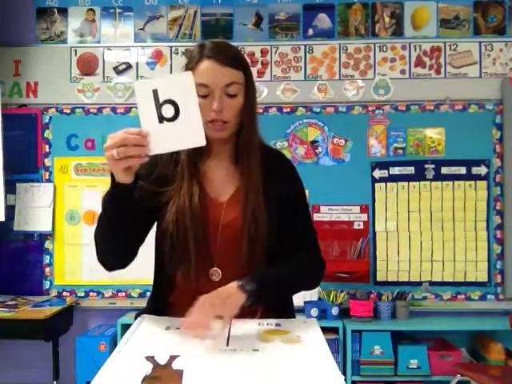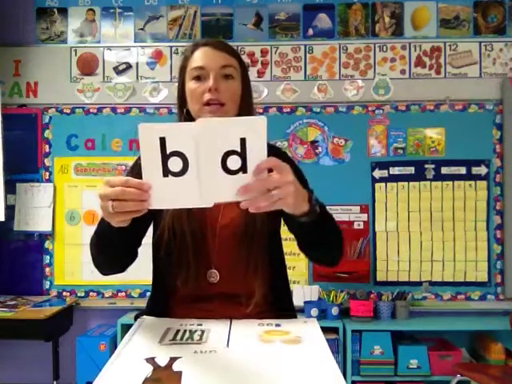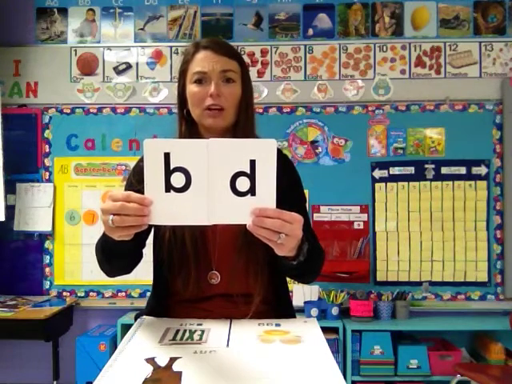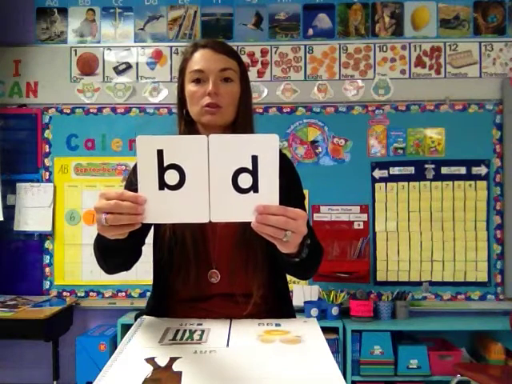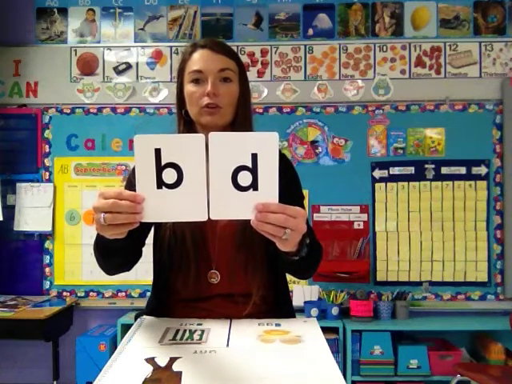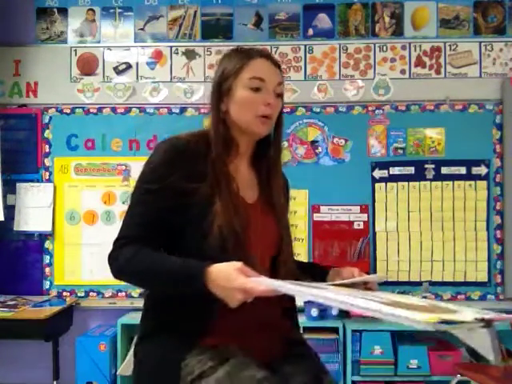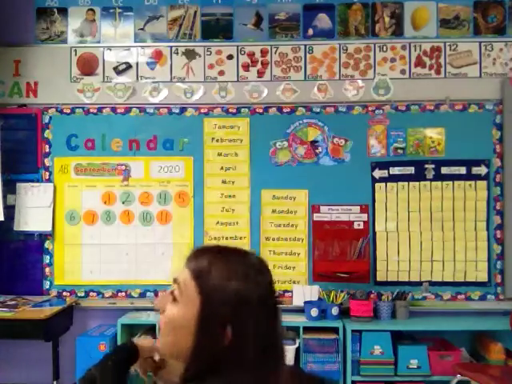my lowercase b and lowercase d, remember? Because they look very, very similar, don't they? They both are made out of a circle and a stick. They're just going in different directions. So I showed you 2 ways to help you remember the difference between a lowercase d and a lowercase b. And if you remember, I squatted down in front of the camera and I held up my hands